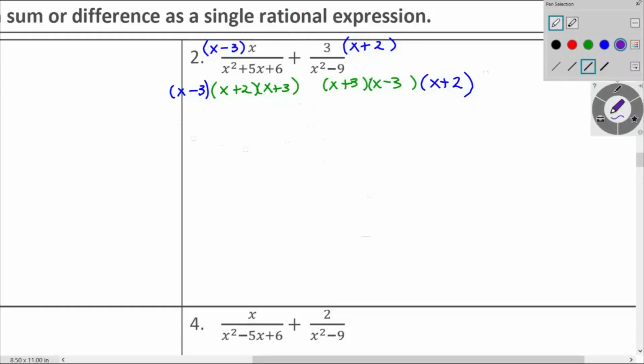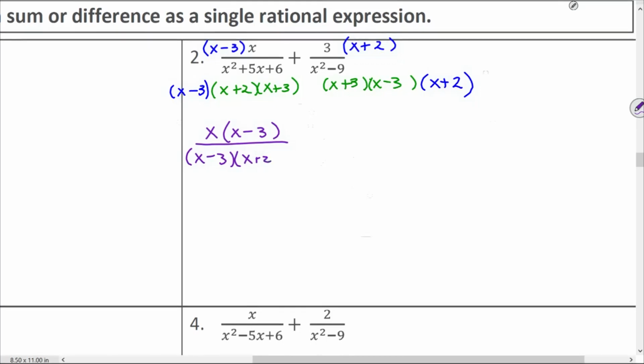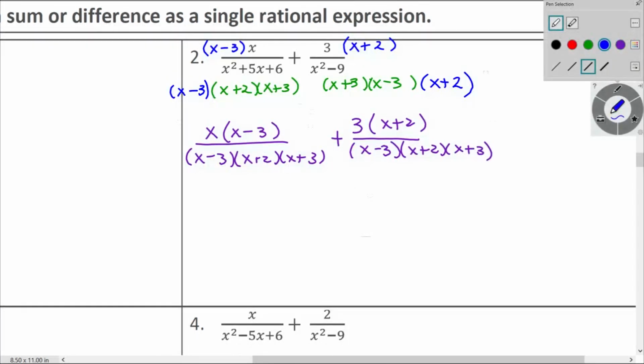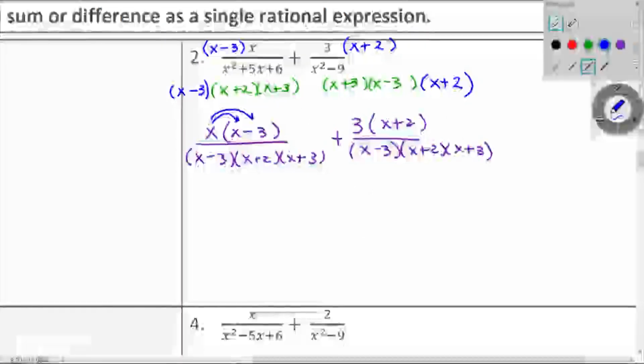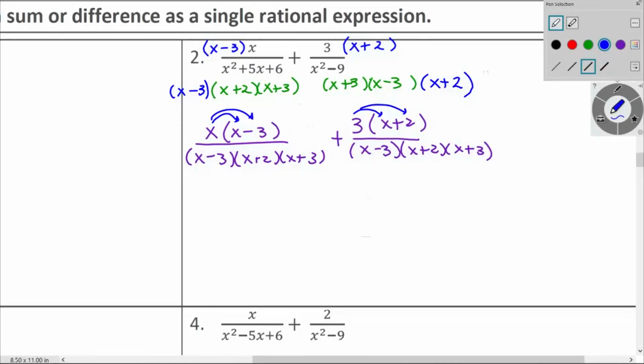And so I'll kind of switch the order like how I'm used to seeing it. x times x minus 3 divided by my common denominator, x minus 3, x plus 2, x plus 3. Plus 3 times x plus 2. Now I'm going to rearrange the order so it matches perfectly my other one to show that they are a common denominator. Okay, now I'm going to distribute this term into this binomial and the 3 into this binomial and get,